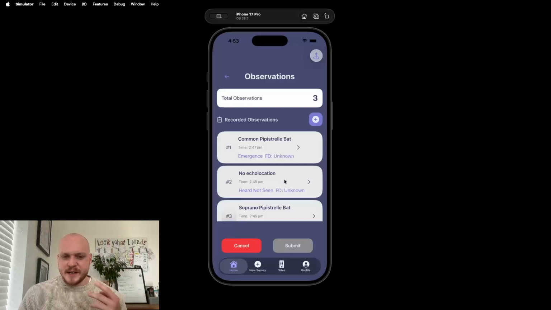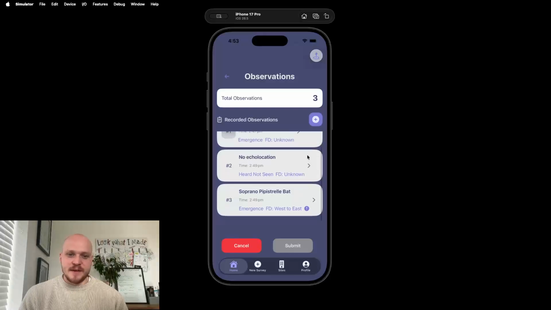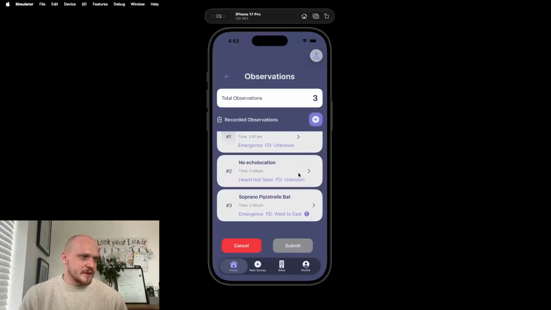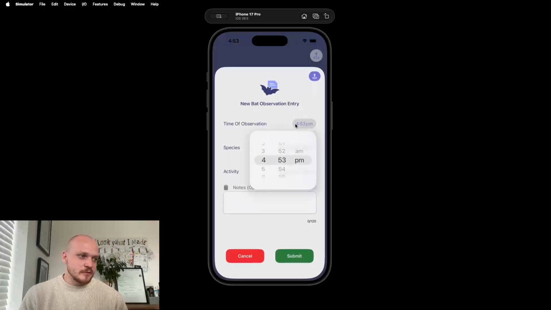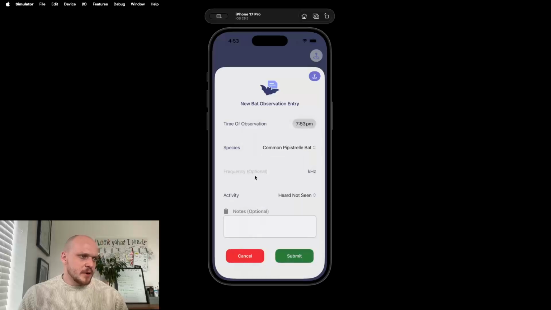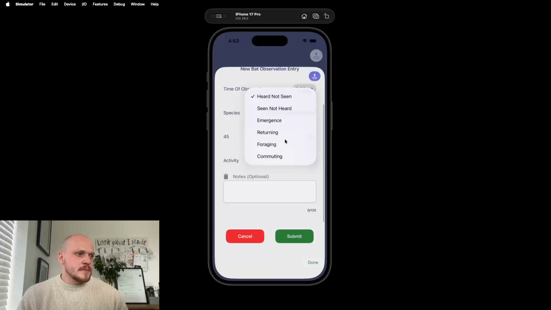And this is where I was using that example where ecologists will be reviewing footage they got from the survey, where they might have missed observations because maybe it was too dark, and like I said, infrared's great for capturing those scenarios. So we could say actually, yeah, there was another observation, and it happened around, let's say 7:53 p.m. It was again a common pipistrelle, and we give it a frequency, give it the emergence there,